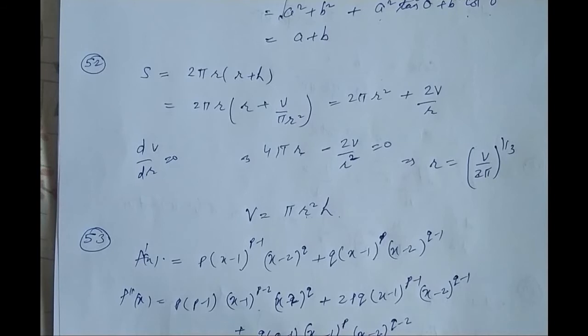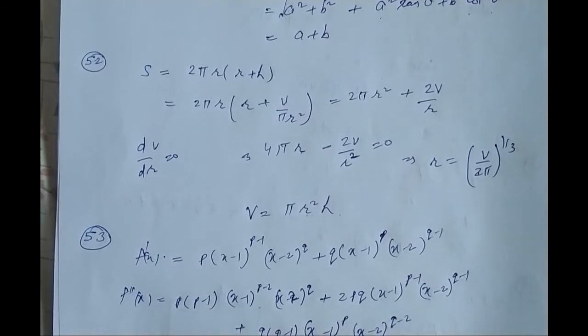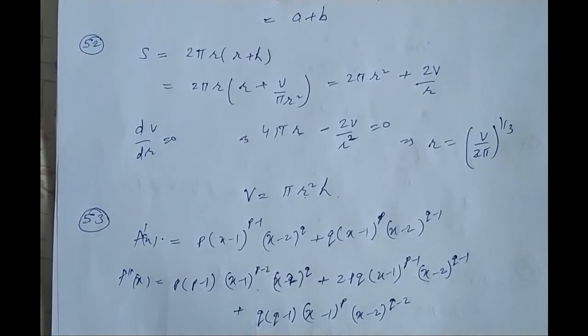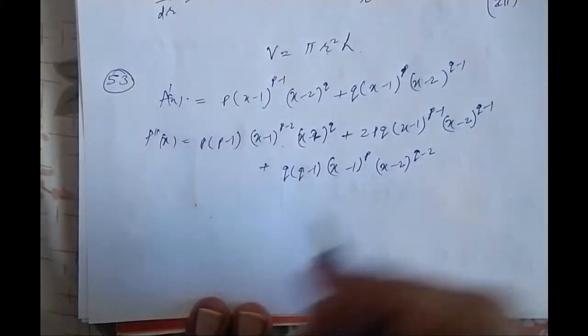So we can see from the pattern that the condition given in the question only holds when its even derivative is 0, that is f double dash is 0 or f4 is 0, that is the fourth derivative is 0, and hence p and q should be even. And if p and q are even, we can obviously select from the options. Moving on to the next question, question number 54.